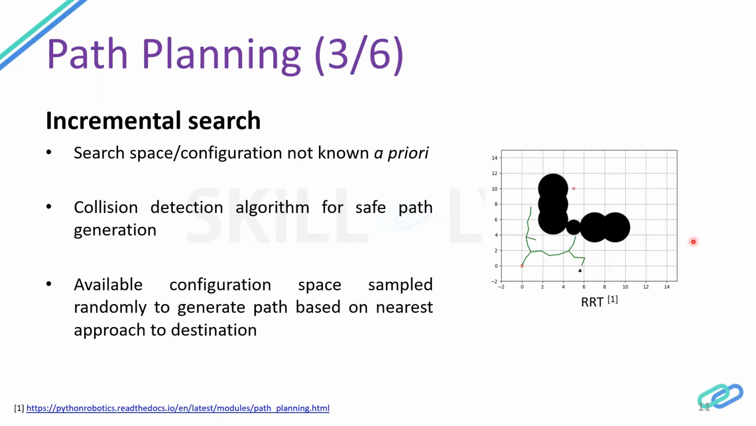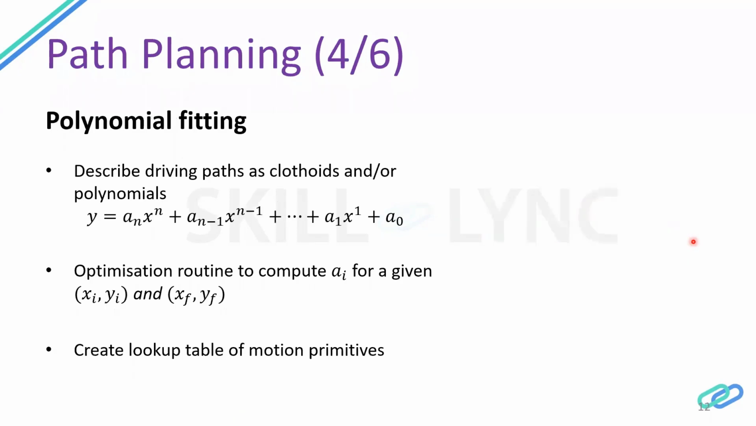So these were the first two kinds of techniques that you can use for planning paths for a vehicle. The next would be something called polynomial fitting. The space around the vehicle is basically a coordinate space in X and Y. And what we can do is describe the path along which the vehicle has to travel on this coordinate space as clothoids, which are a geometric shape, and polynomials. So the path can be described as a polynomial in x, and the higher the degree of the polynomial, so the higher the value of n, the more complex